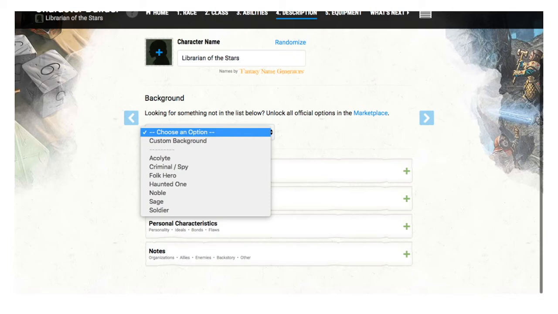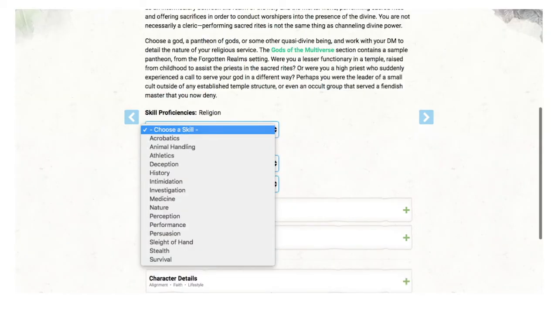Now you choose your background. Backgrounds give you great ideas about your character's backstory and history. Who is he and where did he come from? Since my character is a librarian, we're going to say that his background is an acolyte. Each background you choose will let you look at it and read about it until you decide which one you want for sure. Once you make your choice and go to the next screen, you will see another exclamation point,